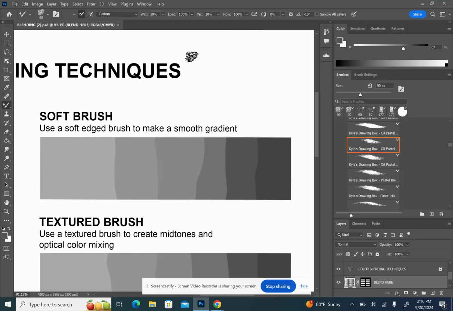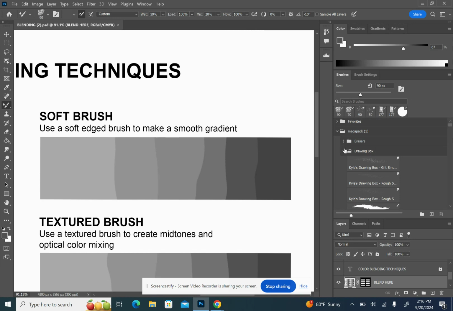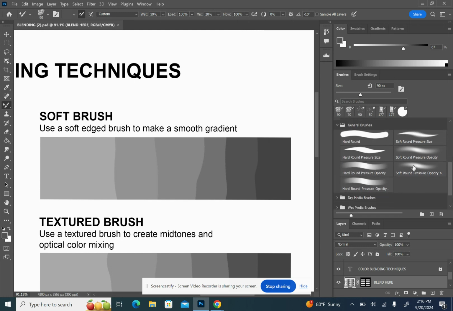All right, and then for the second half of this assignment, the next two are going to be looking at the actual texture of the brushes themselves. So for soft brush, one of the really nice examples for this is actually in the default brushes that we get with Adobe. So if you go to General Brushes and then you go to Soft Round Partial Opacity,